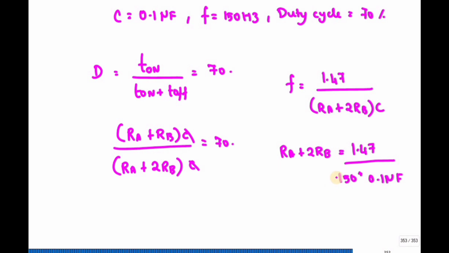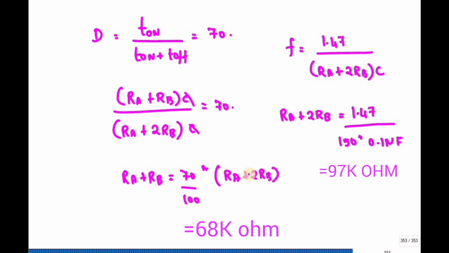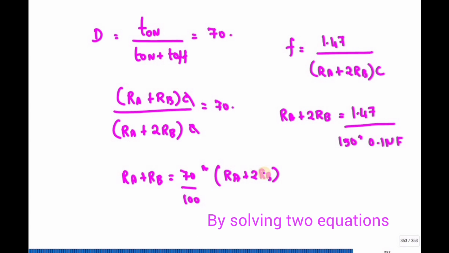So once you get the value, you substitute here. So you will get RA plus RB is equal to 70 into the RA plus 2RB value, right? So it is in terms of percentage, so we will get 0.7 into something. Okay, so from this